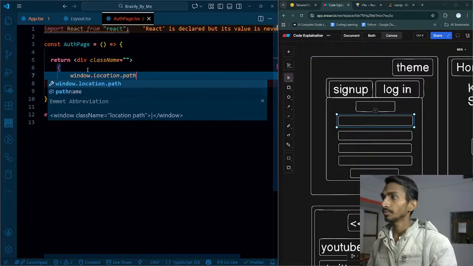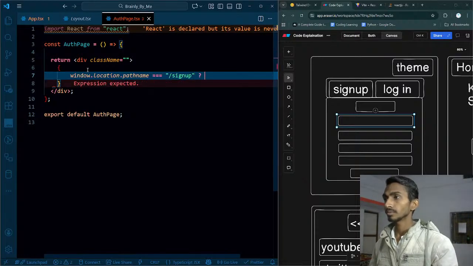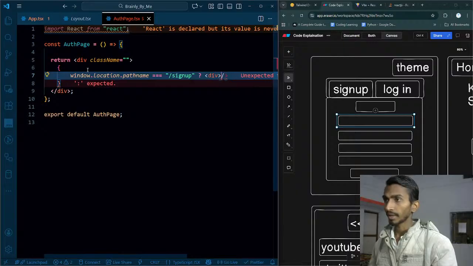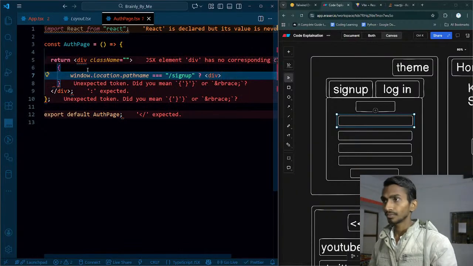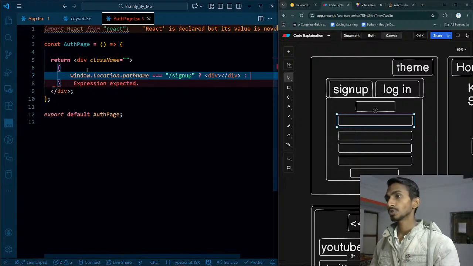Location dot pathname, if that's triple equals to /sign up, do this. You have to just render. Where am I at this? Render this. In else case, you have to check